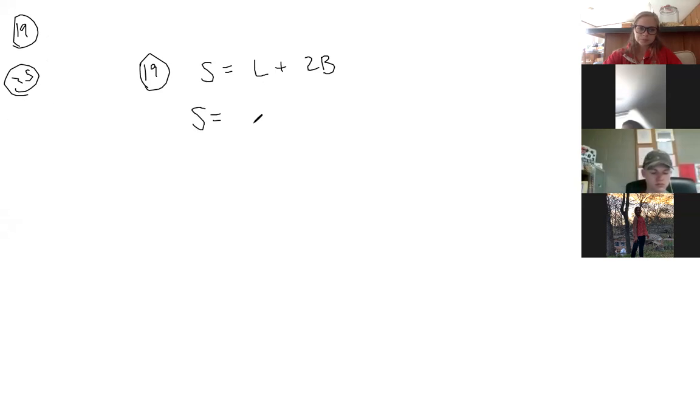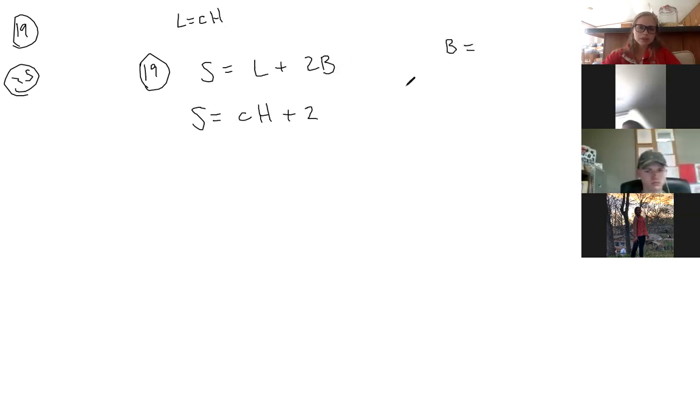I had L as 13. Well, how do you find L? It's not 13. How do you find the lateral surface area of a cylinder? Oh, do we have to do the formula thing before? Oh, yeah. I didn't do that. Okay. In order to find the lateral surface area, you have to multiply the circumference of the circle times the height of the prism. So lateral surface area is circumference times the height plus, well,